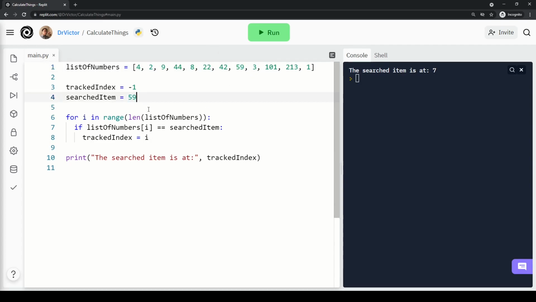Now let's say I'm looking for something else. I'm looking for something that doesn't exist in the list. Let's say I'm looking for 100. So let's give it a run again. And as you can see, the tracked index was never updated, so it remains at -1. And this is very useful because we can now use this value to see whether this item actually exists in